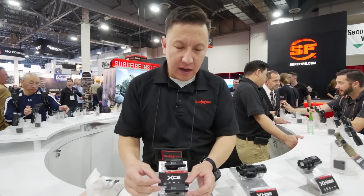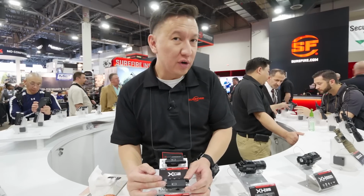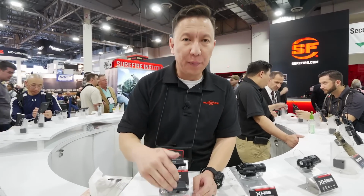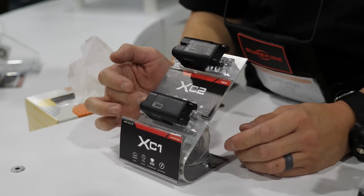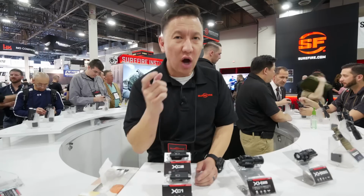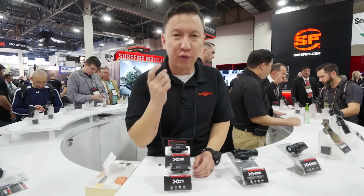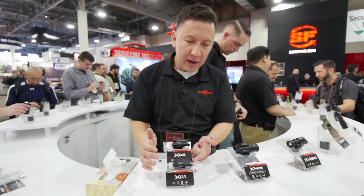We brought a higher output on the XC1B with 300 lumens of white light output, same AAA battery power source. We added a spring on the inside of that front battery cap in order to shock isolate the battery, give it a little bit of recoil protection. Another new feature for the XC1 is that